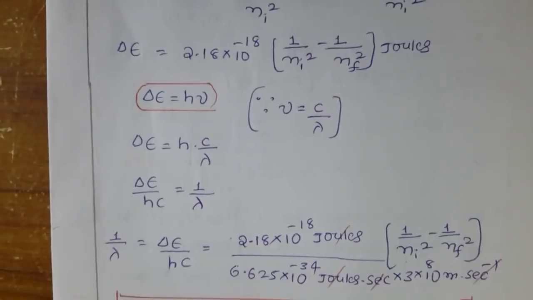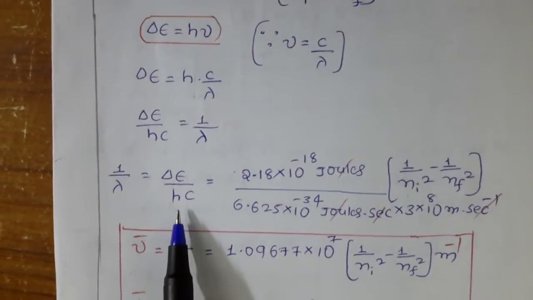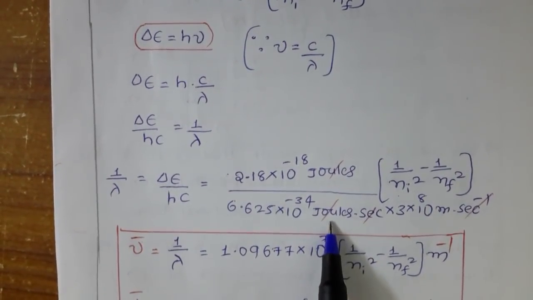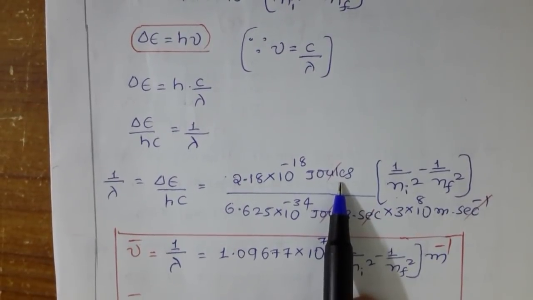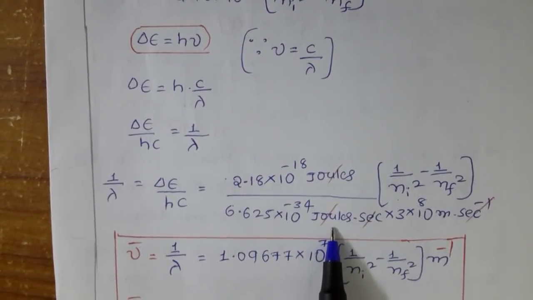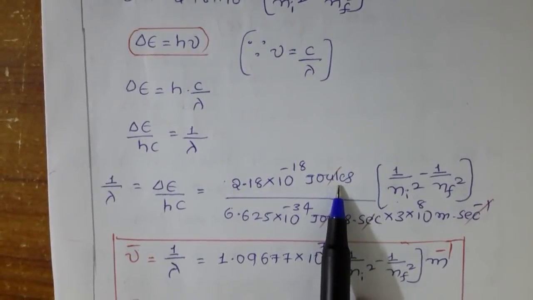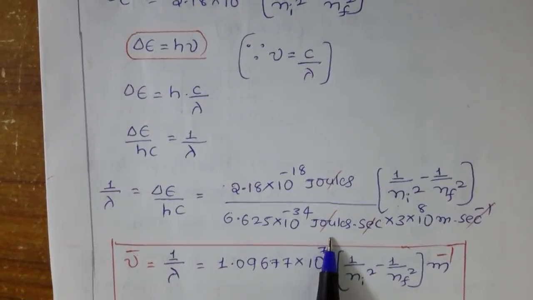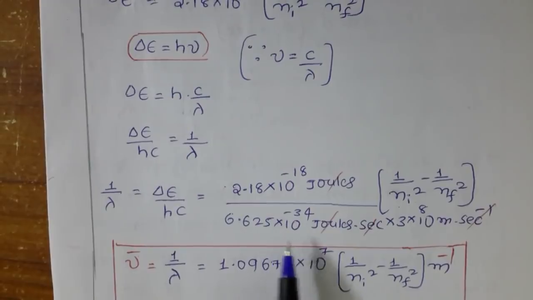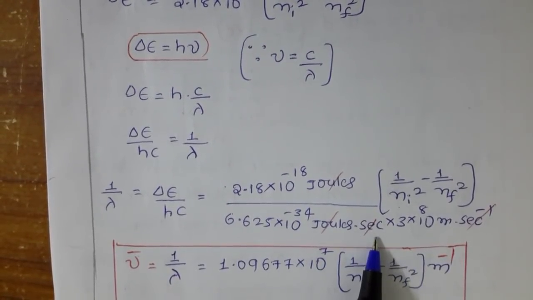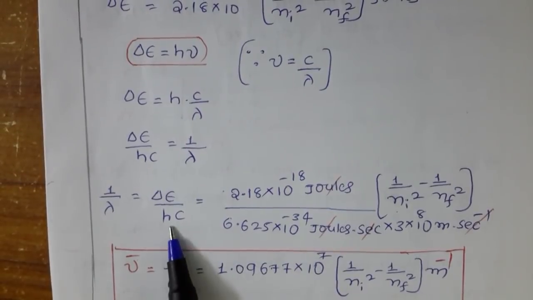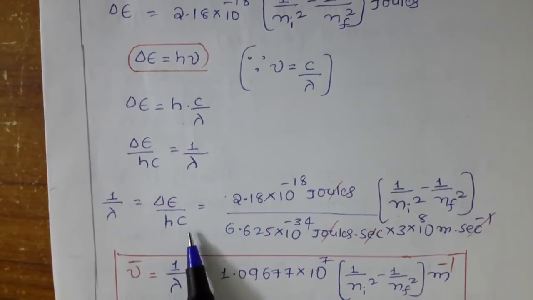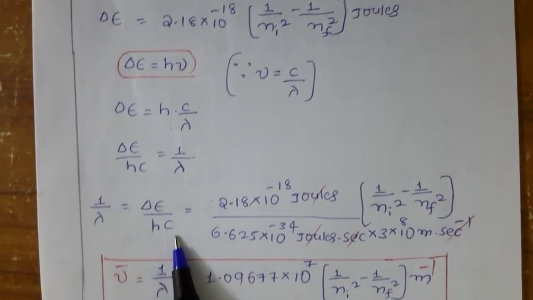Now the h value, you know very well, we have in the CGS system as well as in joules, isn't it? Which one do we have to select? We have to select joules only. Why? Because these are SI units or MKS units, so the units should be the same. So h value in MKS is 6.625 into 10 to the power of minus 34 joules into second. Already we discussed the units of h: joules into second. And C is the velocity of light.